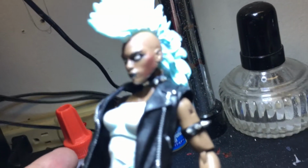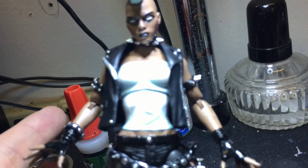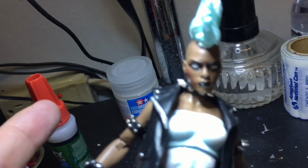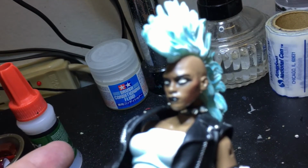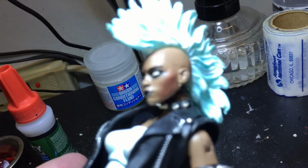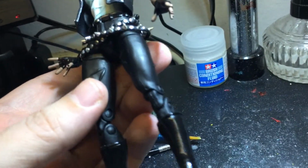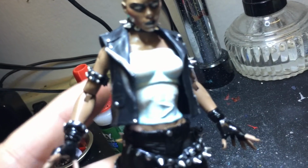You can get those on eBay. They're really cheap. They're like 99 cents for a whole bag of metal studs and metal spikes. And oils are pretty cheap too. Just get a tube of black paint or whatever color you want to use. And yeah, that's it. And I used acrylics, Tamiya, for her blacks and glossy blacks and glossies, and her brown